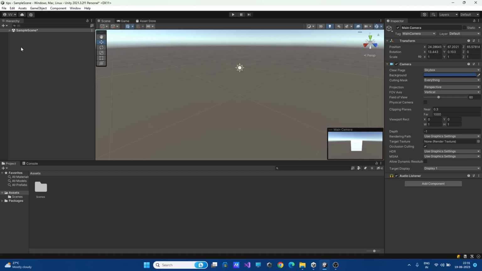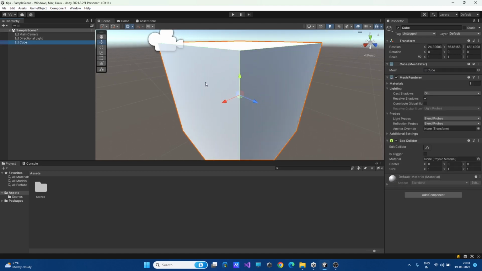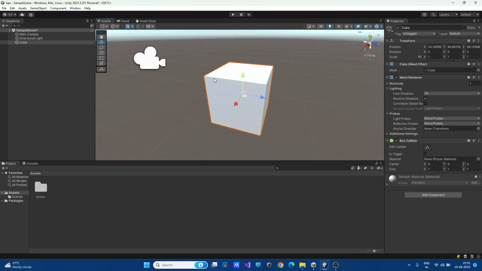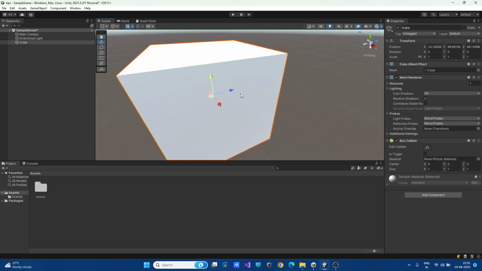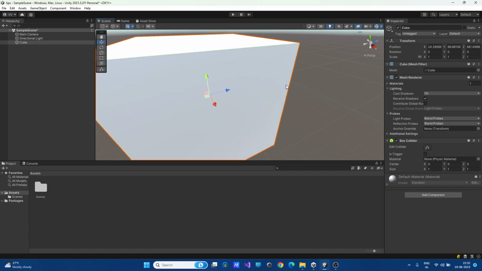Now, another thing which people usually don't know is that when you're working with Unity, you can see this axis which is in RGB. So the XYZ axis is color coded from here: R represents the X axis, green represents the Y axis, and blue represents the Z axis, which can be very helpful